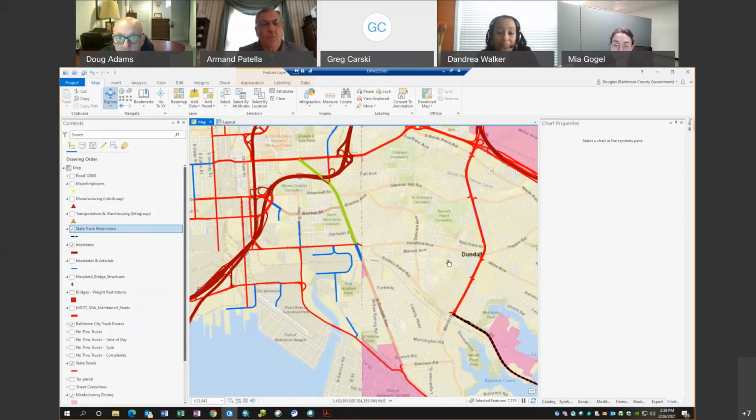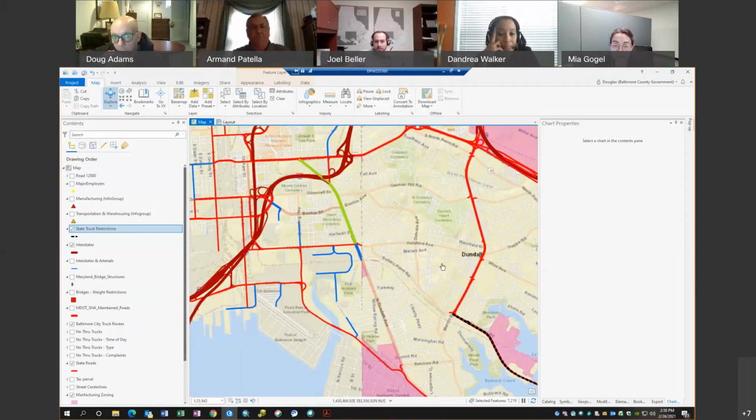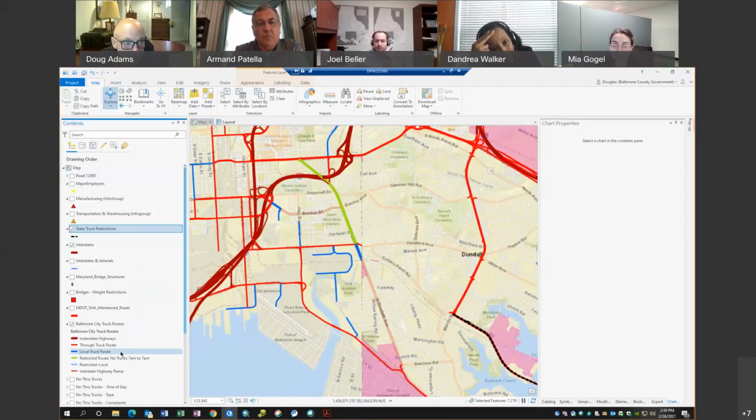Right, exactly. So I will note that Dundalk, it looks like, is a local route flowing into it, like a blue on the city side. Right. So for us, maybe we don't necessarily mark Dundalk as a don't-go-here, but it's not a main route. If you're not doing a local delivery on the city side right there, then the trucks aren't supposed to be there.